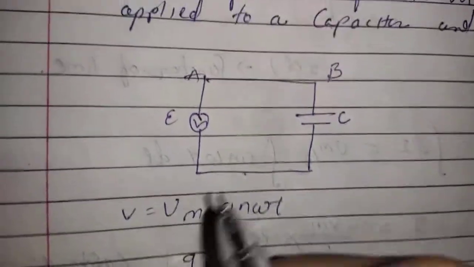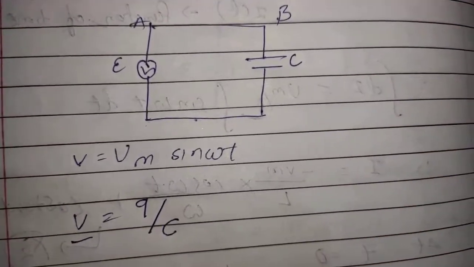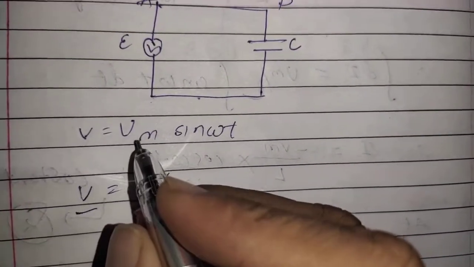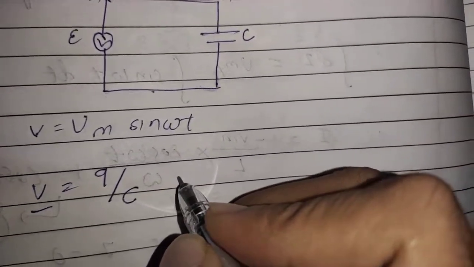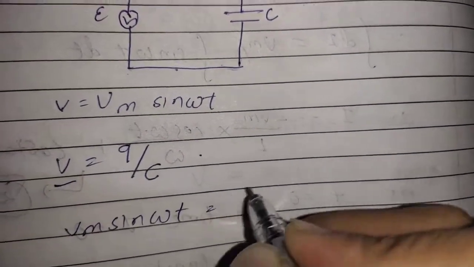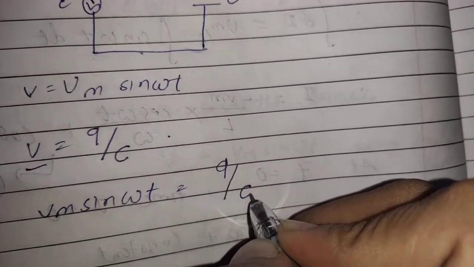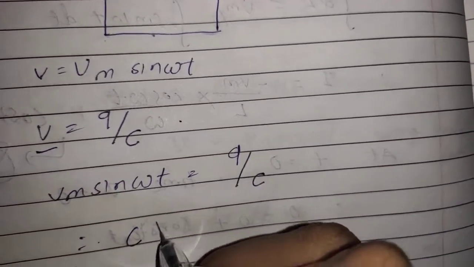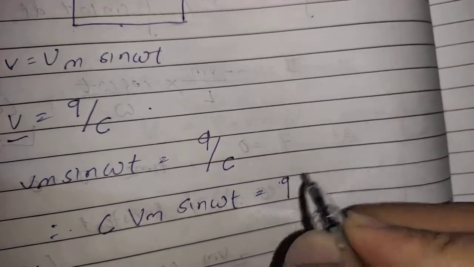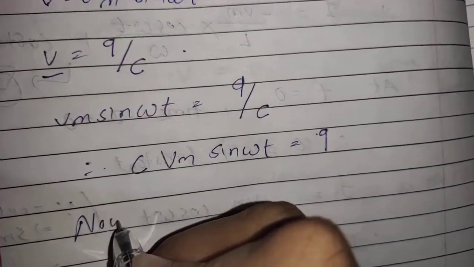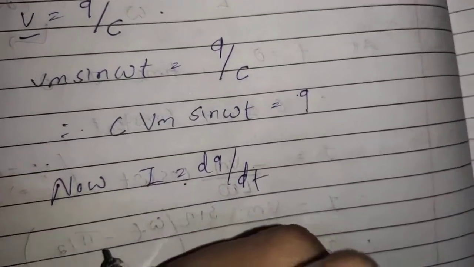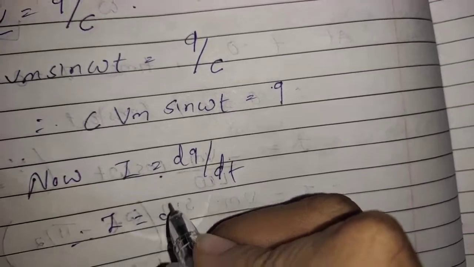Now V is equal to Vm sin omega t. Put the value of V is equal to Vm sin omega t in this equation. We will get Vm sin omega t is equal to Q by C. So CVm sin omega t is equal to Q. Now I is equal to dq by dt. So I is equal to d by dt